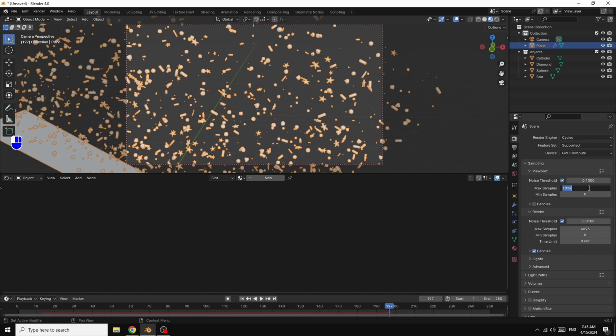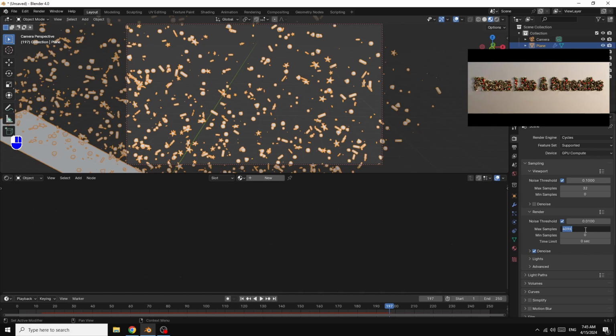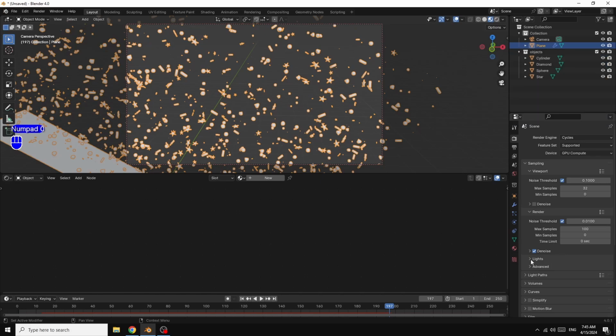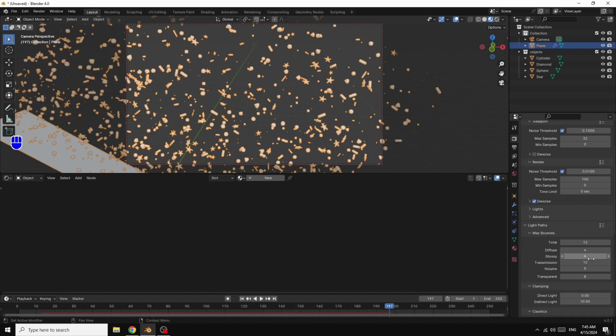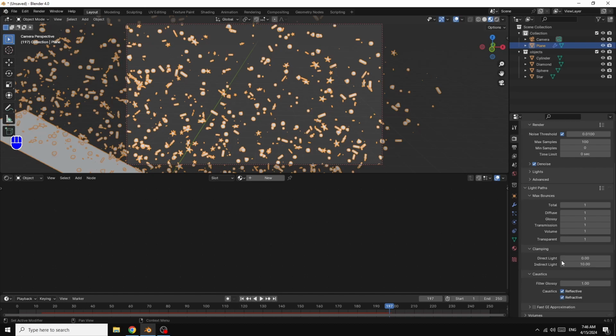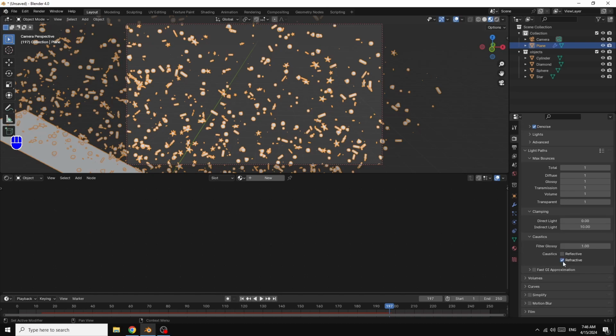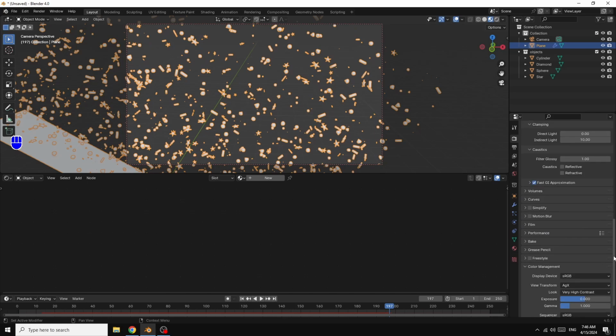Here, as always, decrease the number to 32. The number here, I give it 100. In the light paths, we select all this and we give it 1. Disable this and this. I enable this. Okay, now